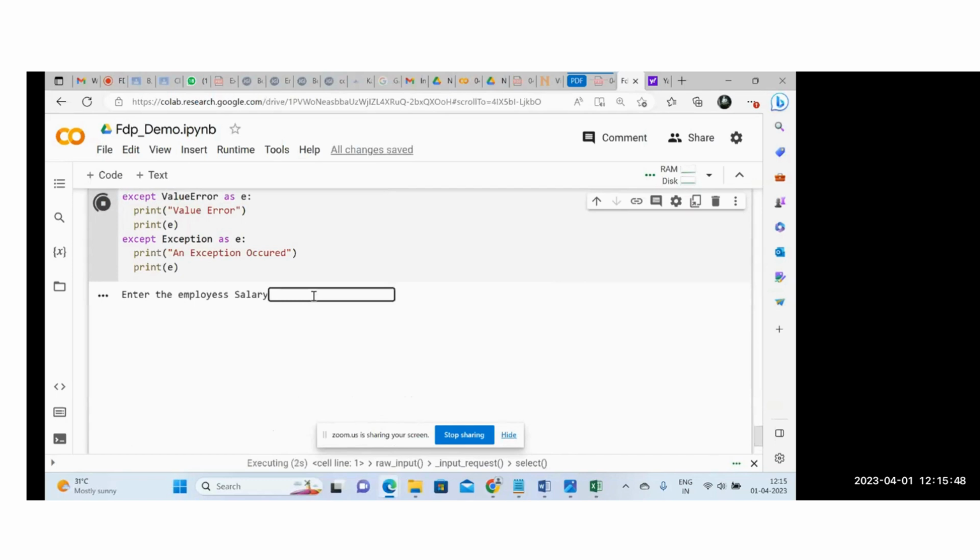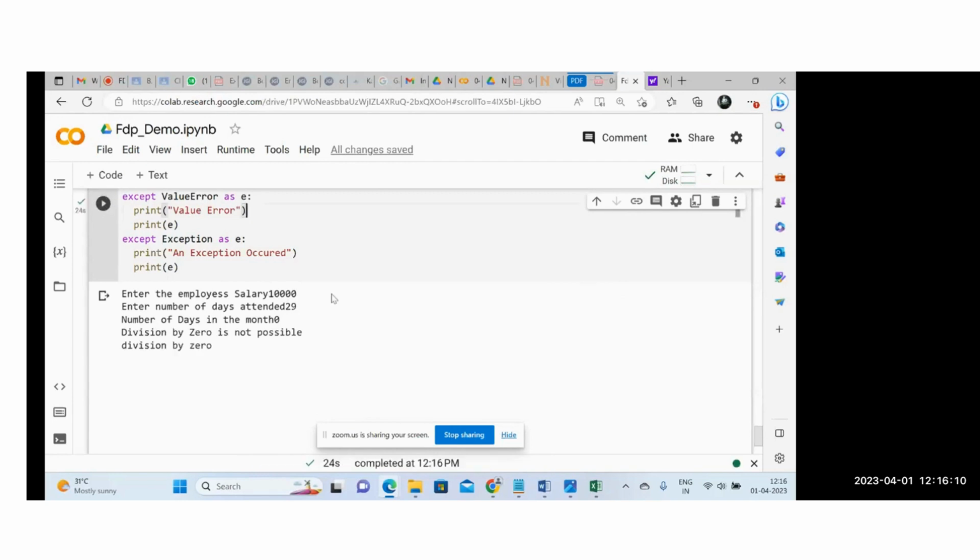Okay. If I'm going to, you see, value error, yeah. So it is number format exception. Now attended is 29, and this time I'm trying to get, okay, 0. Now you see it's a pinpointed division by 0 is not possible, right? So likewise